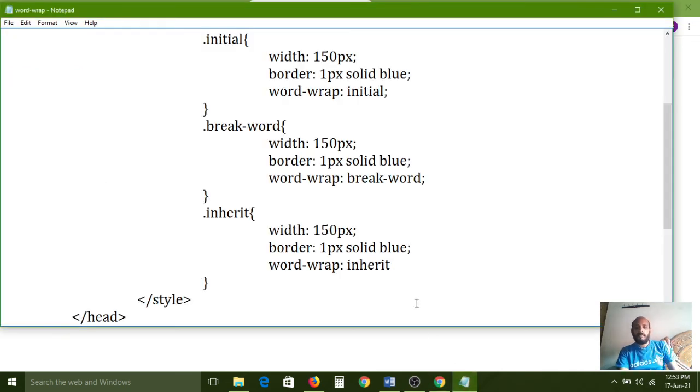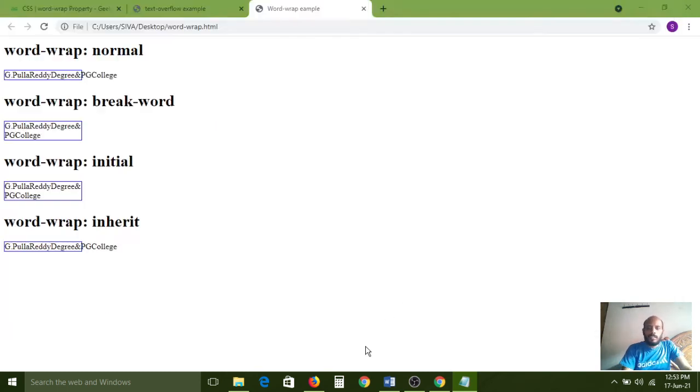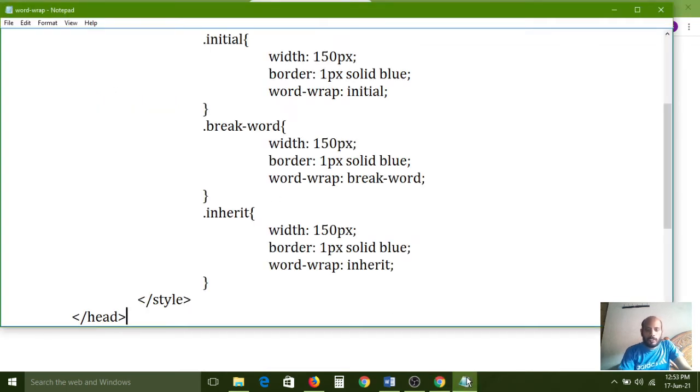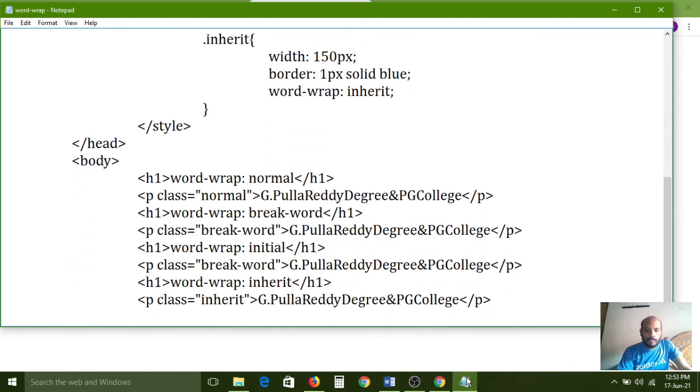How is it collecting from the parent element? Why is it not reflecting the output here? Inherit.